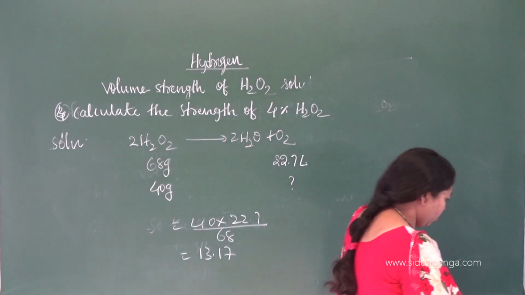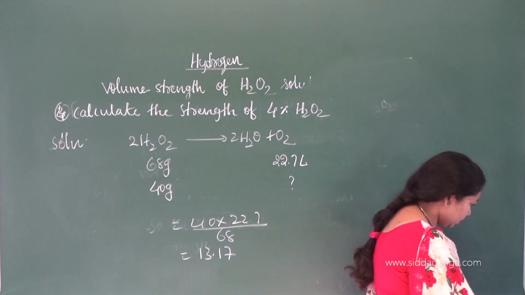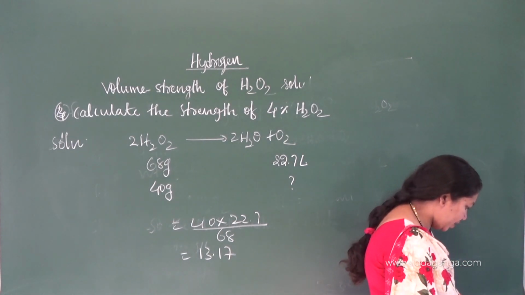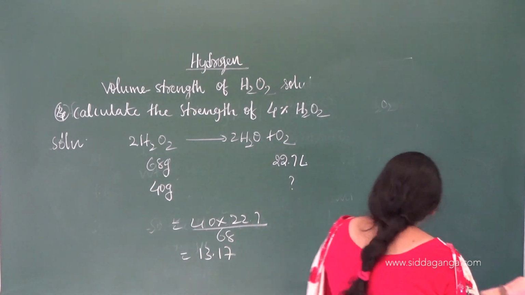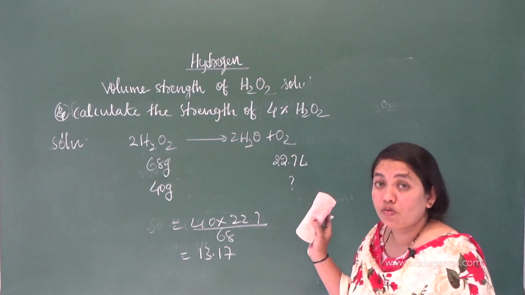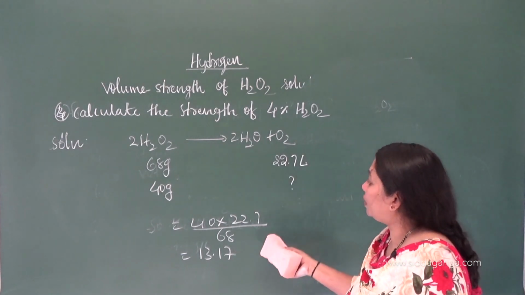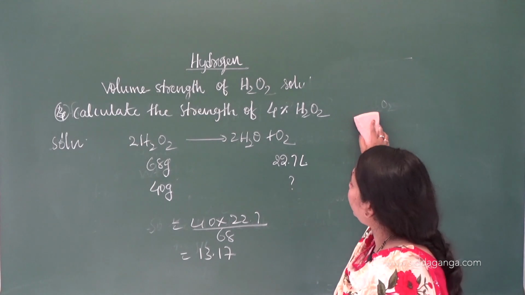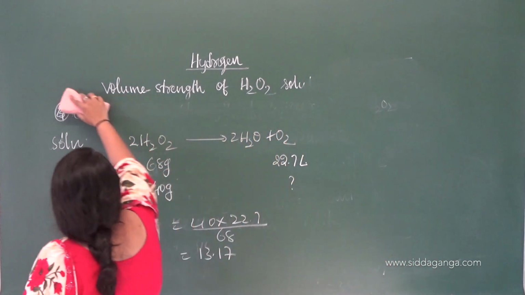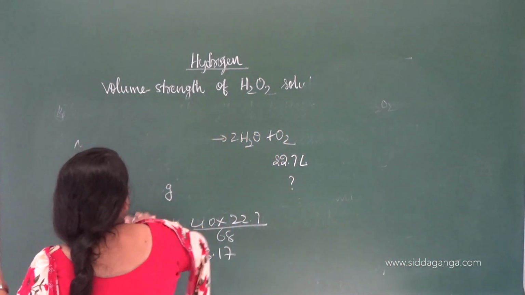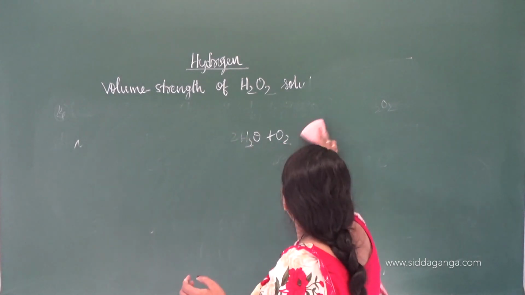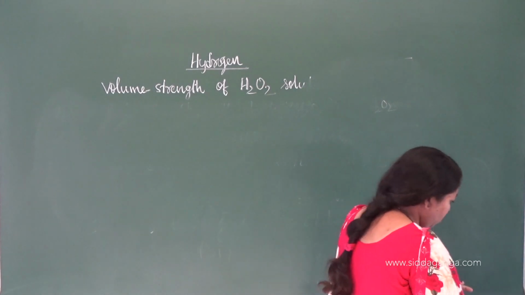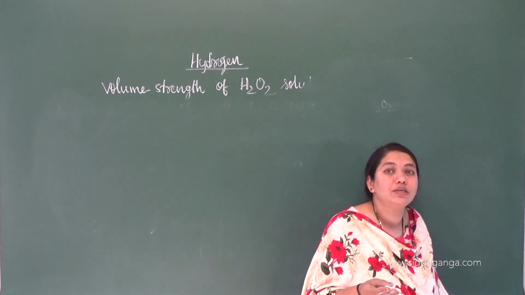Let me try one more, the last one. So that is, what will be the oxygen? This is a little bit different one, that's why I am going. So write down this one. So I think you completed this one. Is the strength of 4% H2O2, right? Okay. Try one more. Let us try one more. So write down the problem. What will be the mass of the oxygen liberated?